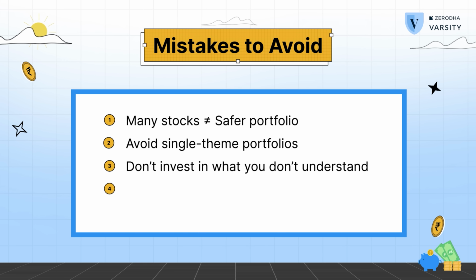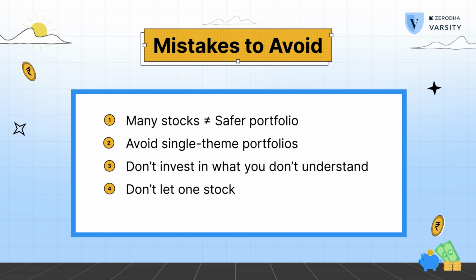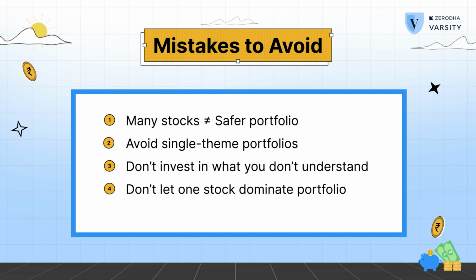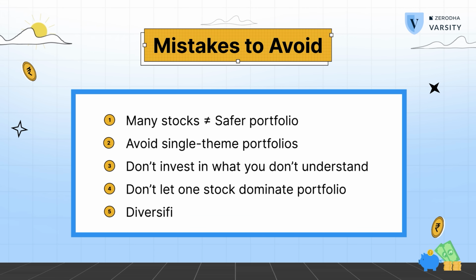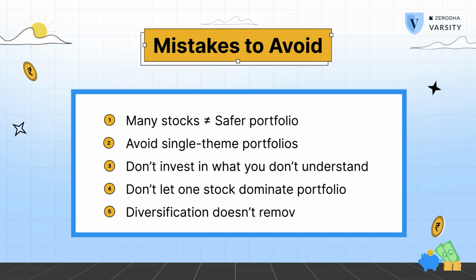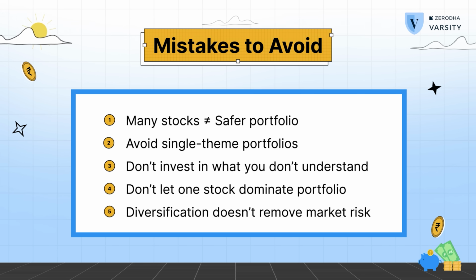Number 4, do not allow one stock or one sector to grow so large that it dominates your portfolio, because position sizing is just as important as diversification. And number 5, do not believe that diversification alone removes all risks, because market-wide crashes are systematic and that requires hedging, not just more stocks. See, what matters is not how many stocks you own, but how different they are from each other and how well